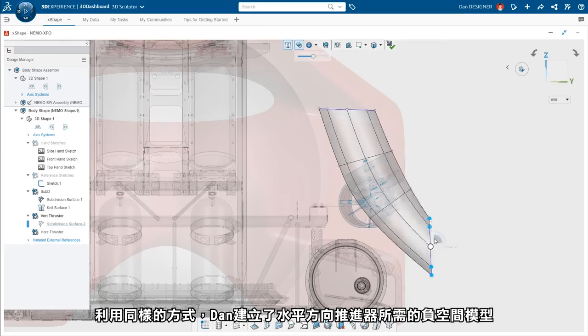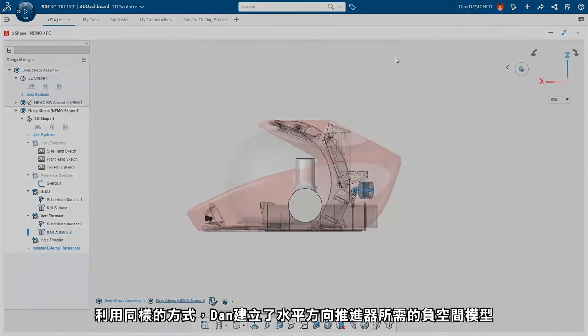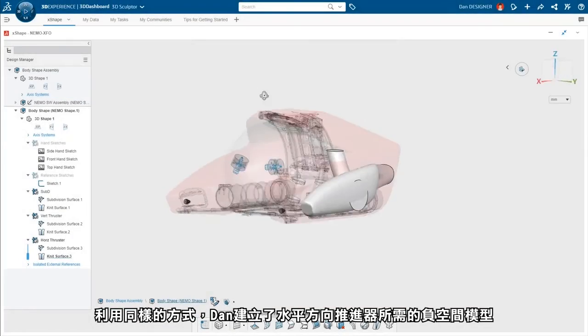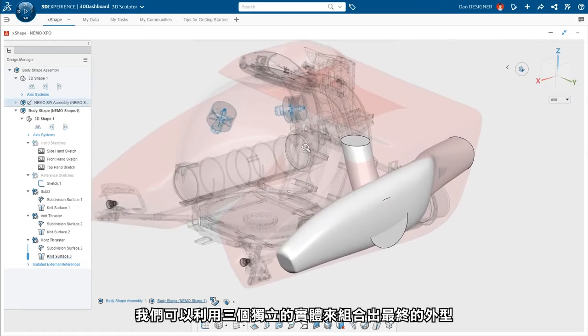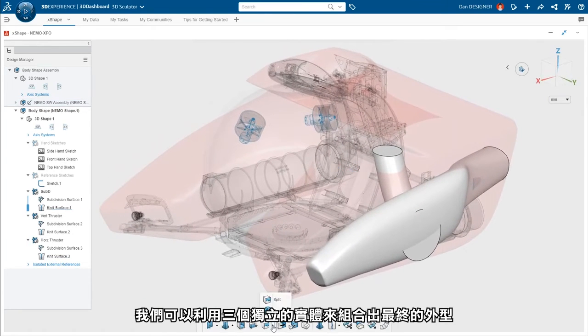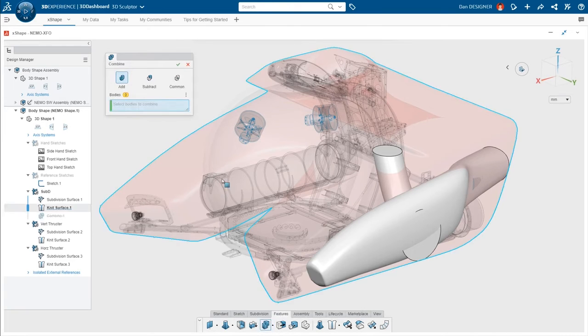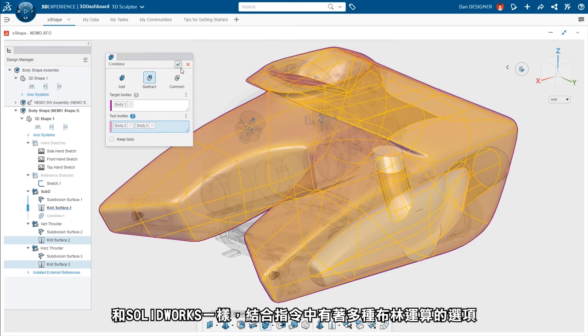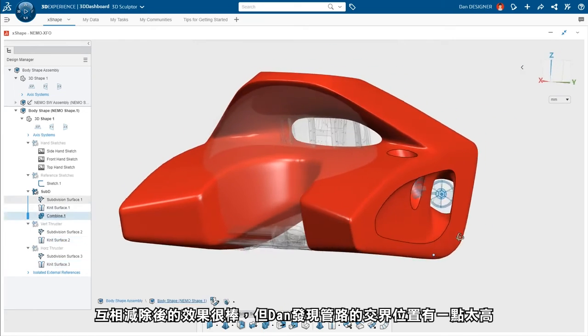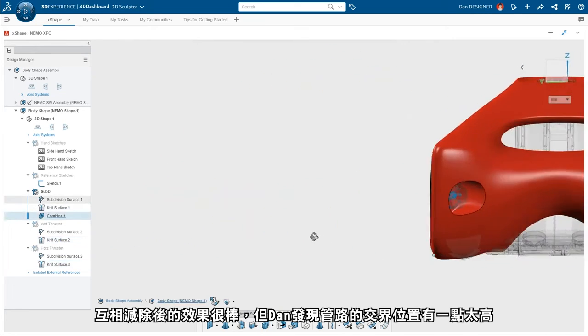In a similar fashion, Dan duplicates the process of modeling the negative space required for the horizontal thruster. There are now 3 separate solid bodies that can be combined to form the final shape. Similar to SOLIDWORKS, the Combine feature has multiple options for Boolean operations. The subtraction looks good, but Dan notices the